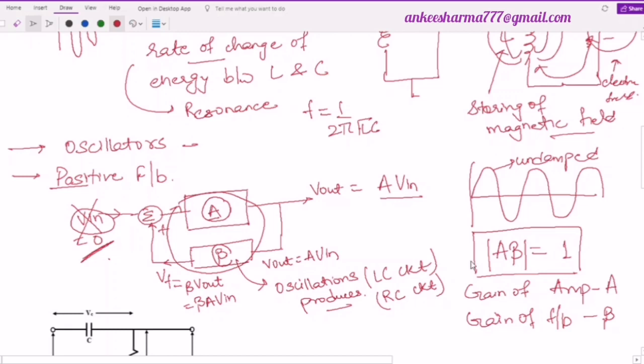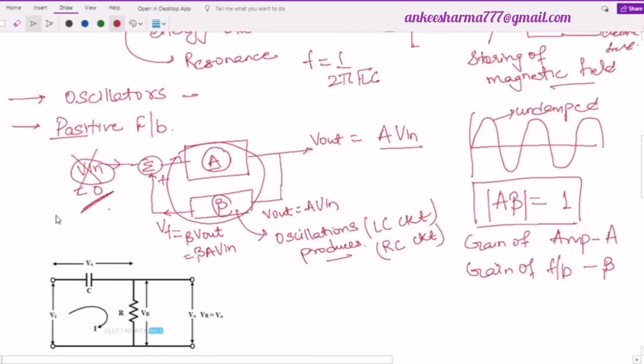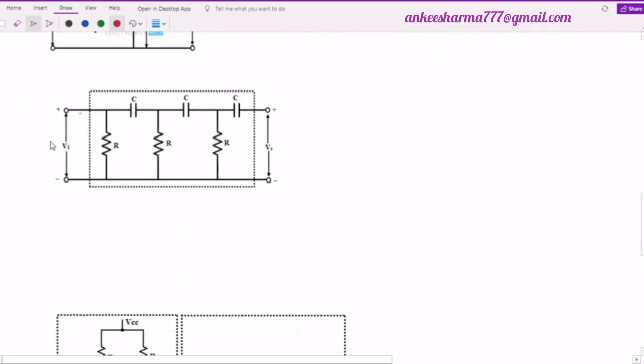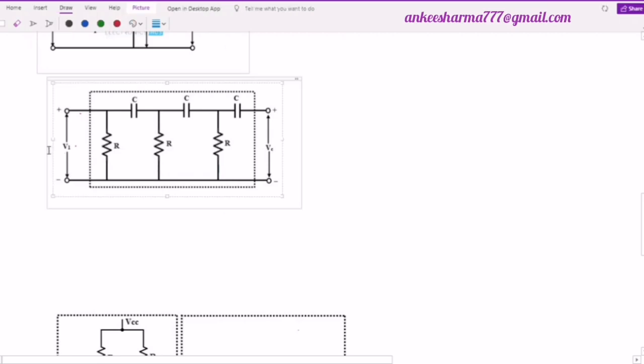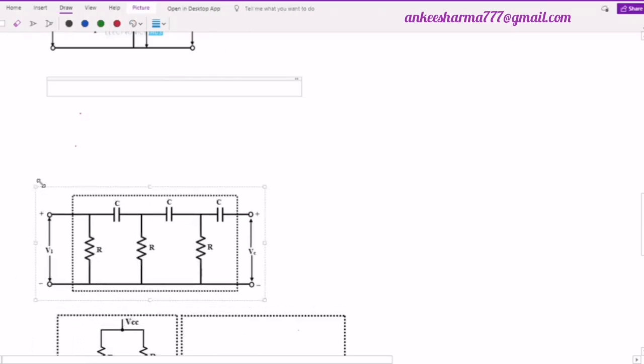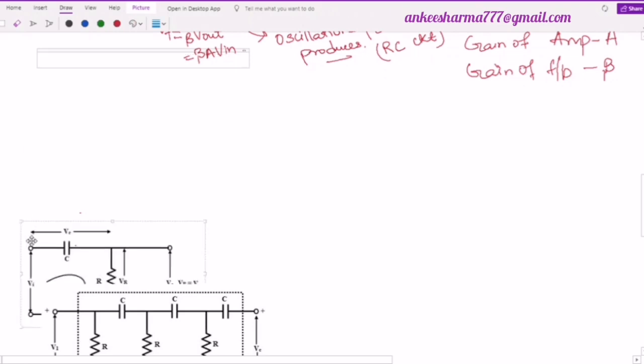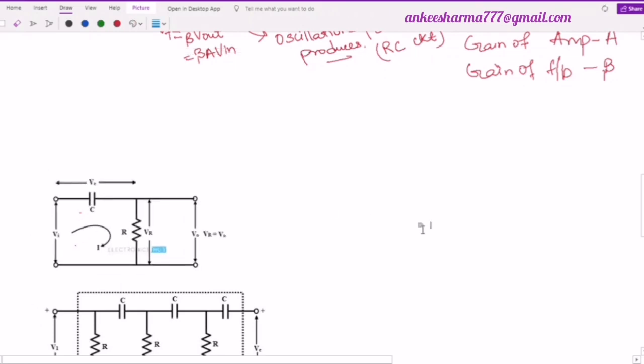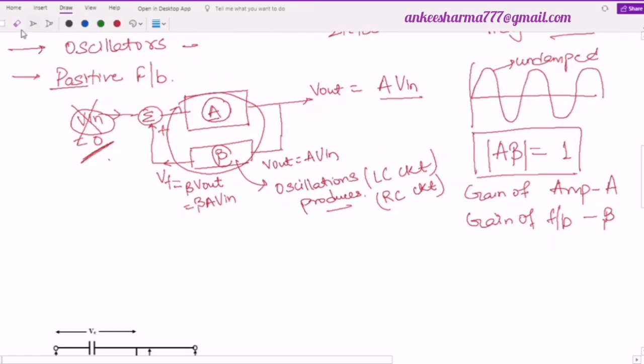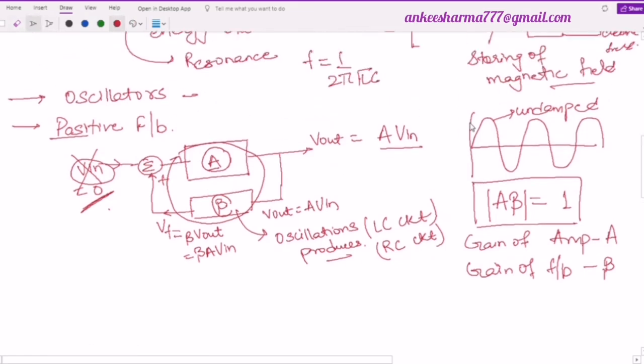This is the first case. Now whenever we talk about these oscillations or the sinusoidal signals, let me just drag these two diagrams below. Now, whenever we are discussing these oscillations or these sinusoidal signals, along with the amplitude, as you can see, there is one amplitude over here. इसका एक amplitude है. Along with it, it also has a phase. This phase is 90 degree, for example. So it means now I have only discussed that the magnitude of the A beta must be equal to 1, but what about the phase?